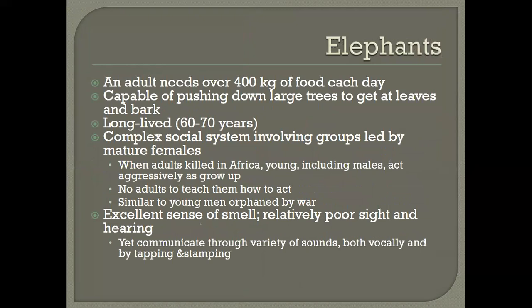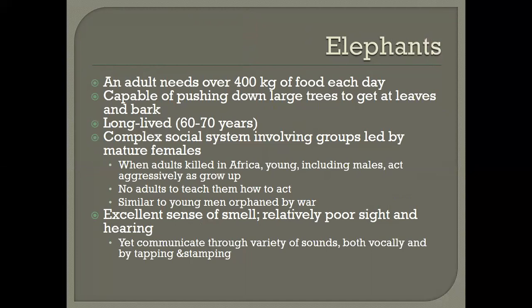Adult elephants need over 400 kilograms of food every day. They can push over large trees to get leaves and bark, or sometimes just to do so. They tend to live between 60 and 70 years. And we've discovered, sometimes through trial and error, they have very complex social systems, and these social systems are led by mature females. We know that they do mourn the loss of others in their group, and that when one is killed, the young, including the males, will act aggressively, and that they may then act out by pulling over trees